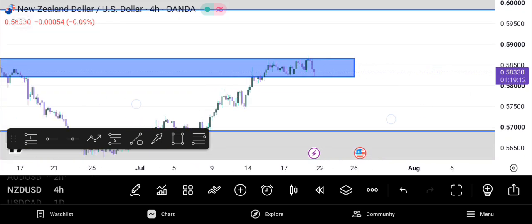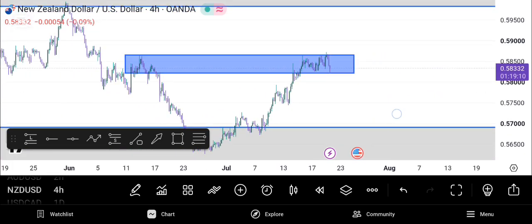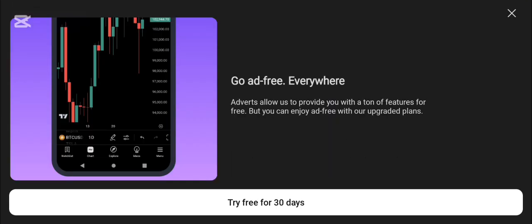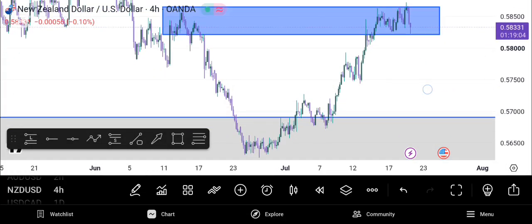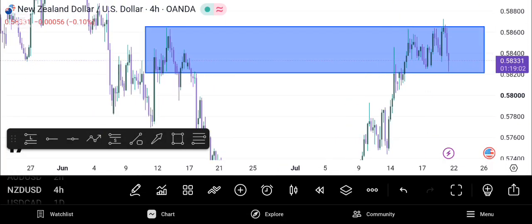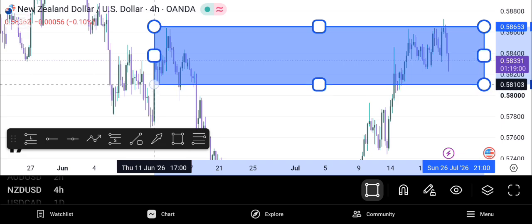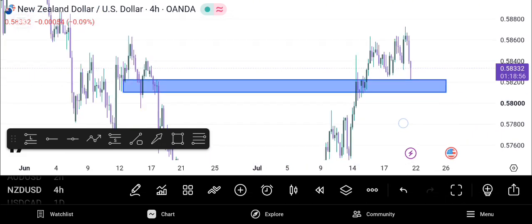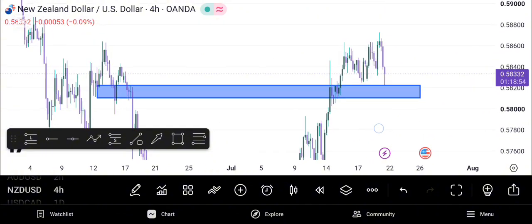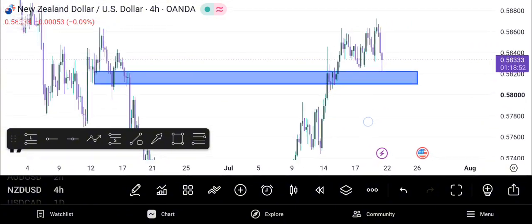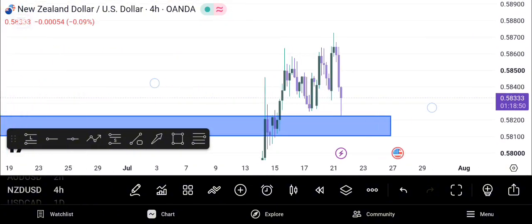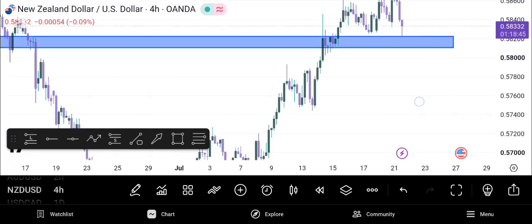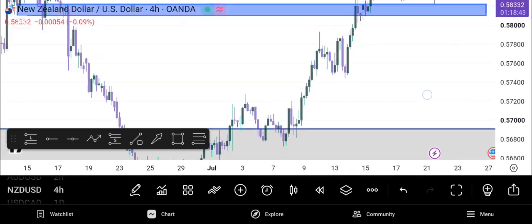So this is the 4 hours time frame, and from here we notice that the order block which caused this price to fall is right here. Although price is currently trading at that high, the order block which caused the price to fall is right there, and that order block is a failed order block. And again, we can also notice that as price started going up from here,